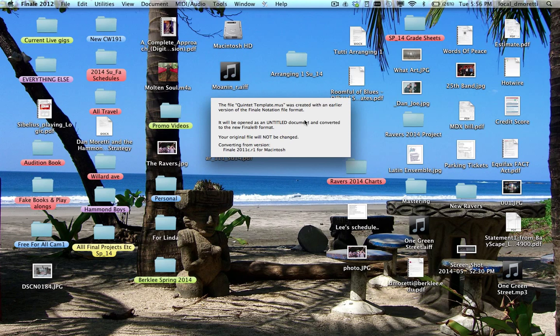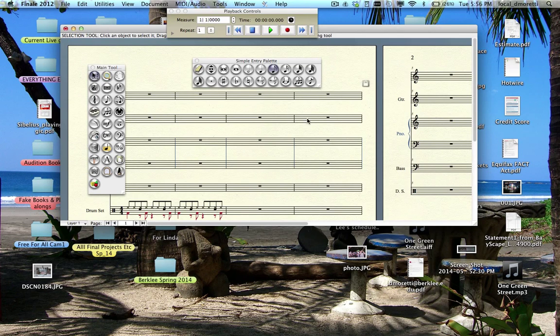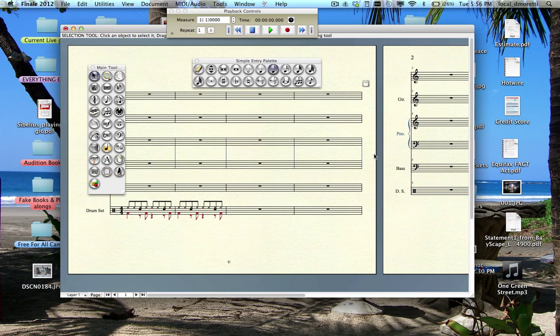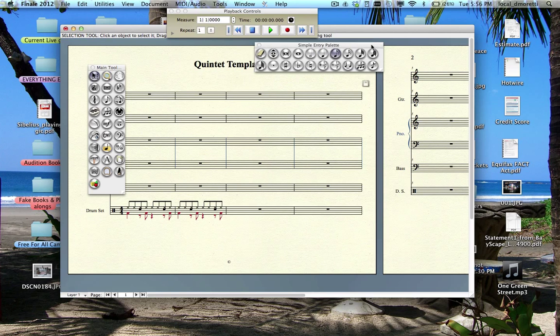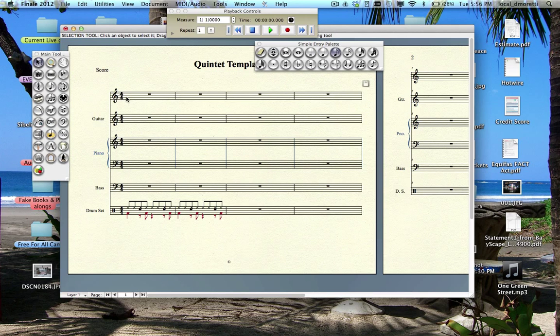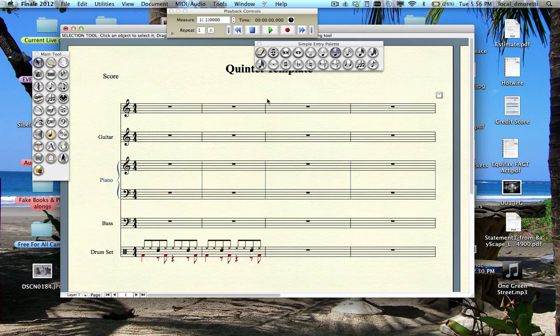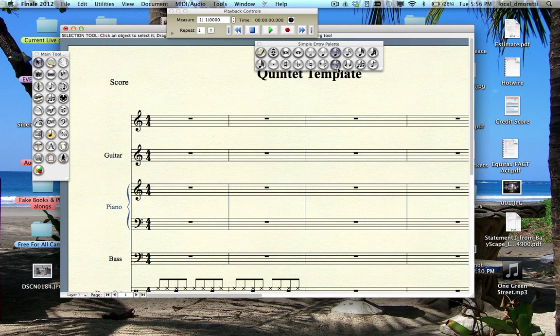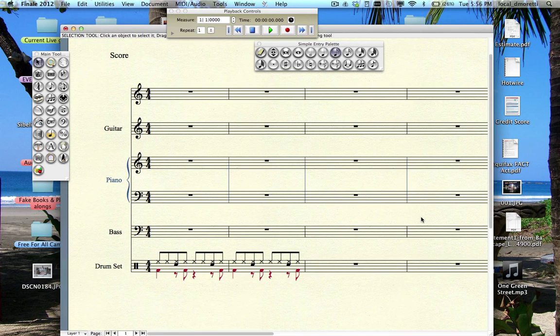Once it opens, you'll see that we have the drums, bass, piano, guitar, and room for a melody. So I'm going to go Command plus to get it to be a little larger so we can see it a little more clearly. And when you do your transcription, the first thing you want to do is you can